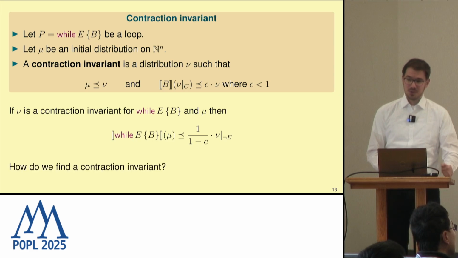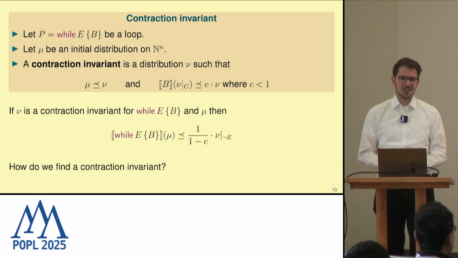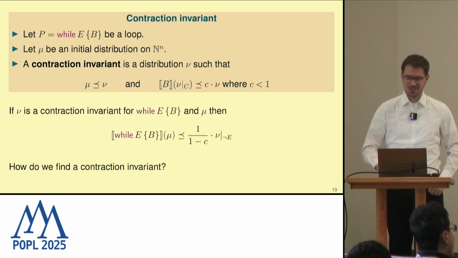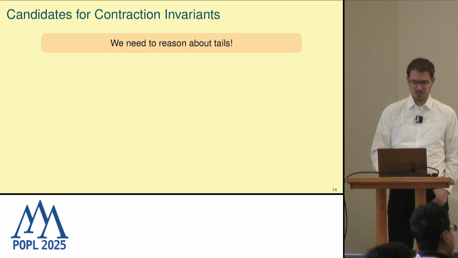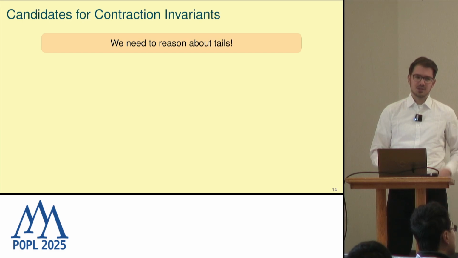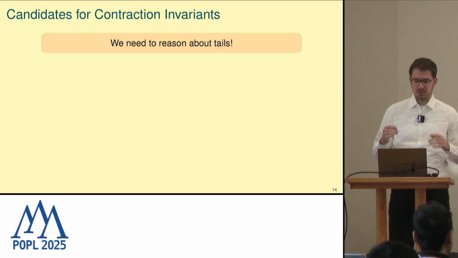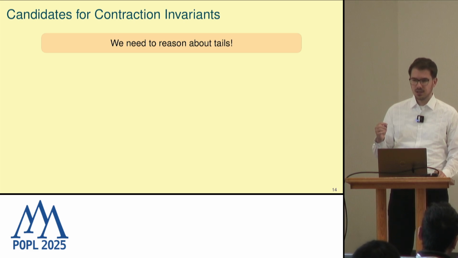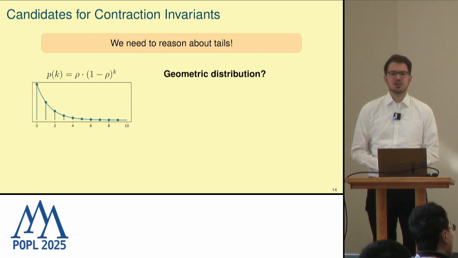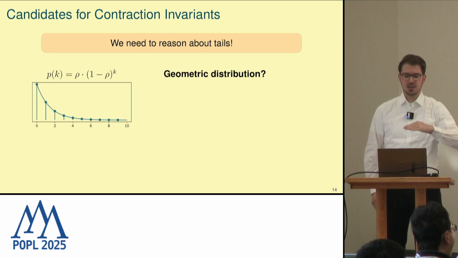Another question is, how do we find such a contraction invariant? The space of possible distributions is huge, so we have to somehow restrict it. And we have to restrict it to a class of distributions that have non-trivial tails, and tails that we can reason about easily. So our first idea was to look at geometric distributions, because there the tails decay exponentially, and